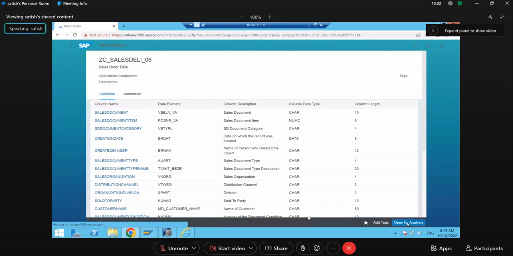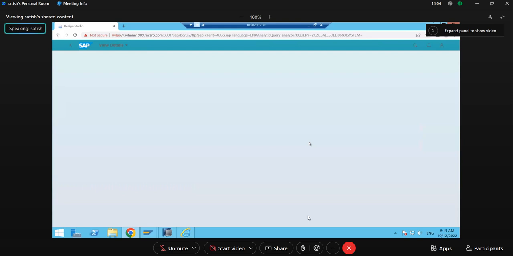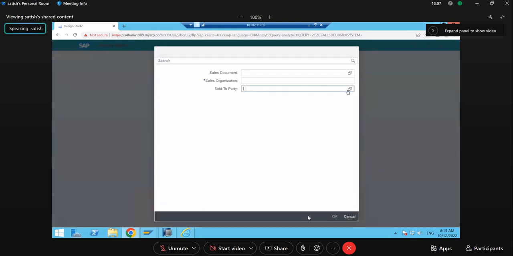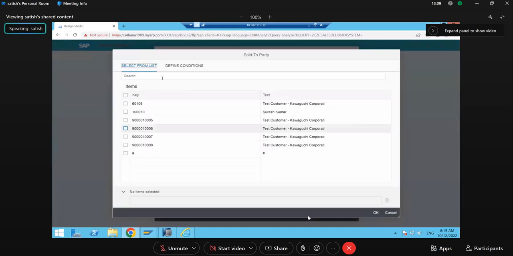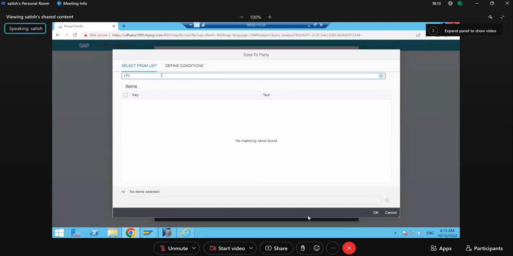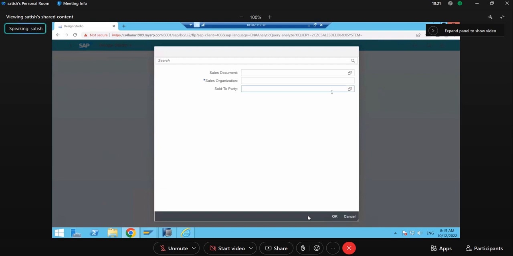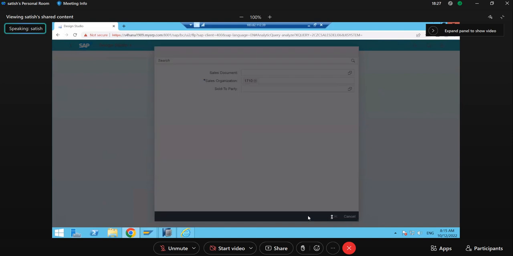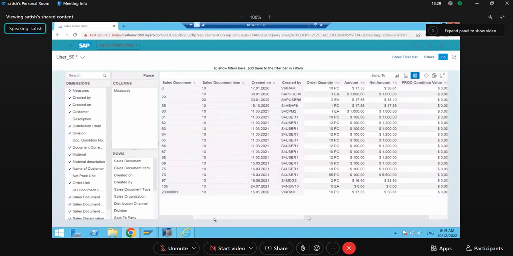Why has F4 not been activated? Let's see. 1700 is not coming. 171401 is not coming. Why here? It's not showing here, but in the output it's showing it, guys. Let's see what the issue is. Maybe the relation may be wrong with us, but the value which is there,